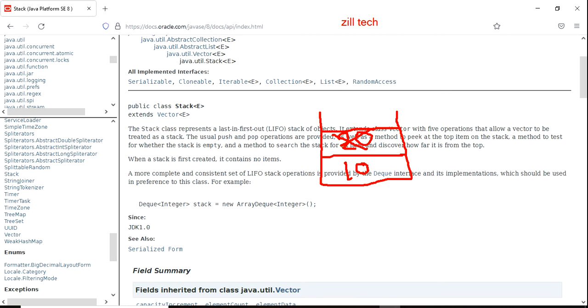To remove an element, we use a pop operation. We have a method called push. Inside push, we need to pass some value, some parameter. Pop is nothing but removing from the top. We have two mechanisms, push and pop operations. Push means inserting the element on the top of the stack, and pop means that the top element will be removed. These are the mechanisms of a stack.